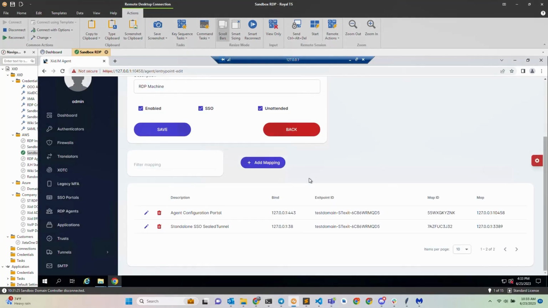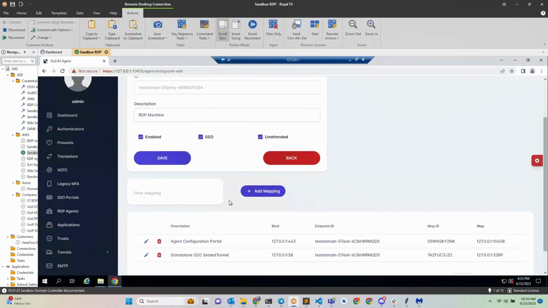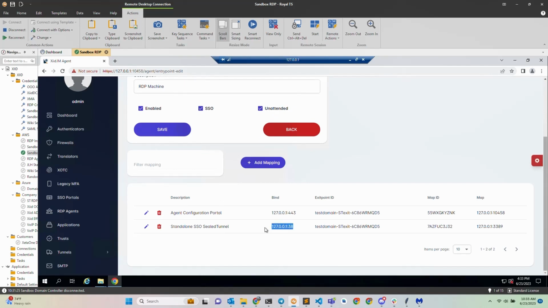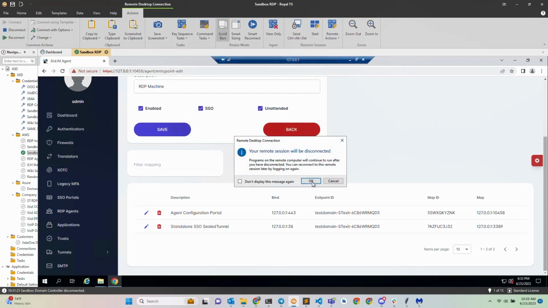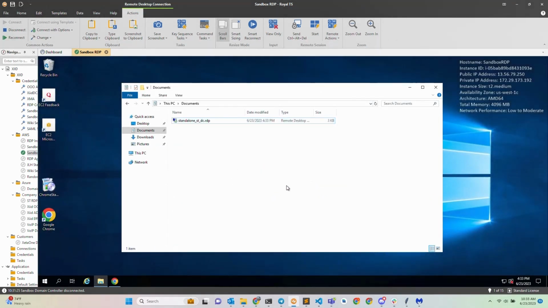So from here you can see we're signed into the domain controller through the loopback address at the top. If we reference over here, we'll see our connection that we set up in our mappings for 127.0.0.1.38. So that's what we're connected to right now. That's an example of just the standalone SealedTunnel and how you can connect to instances immediately just by using